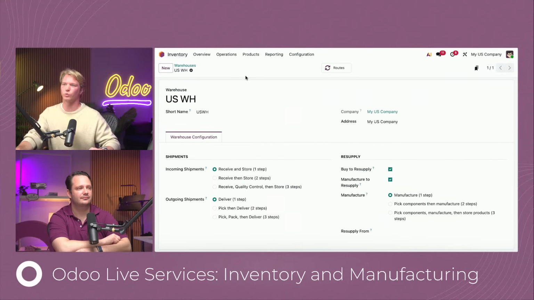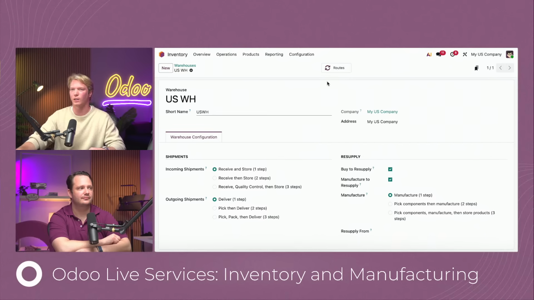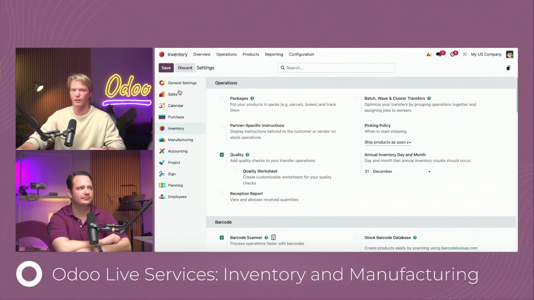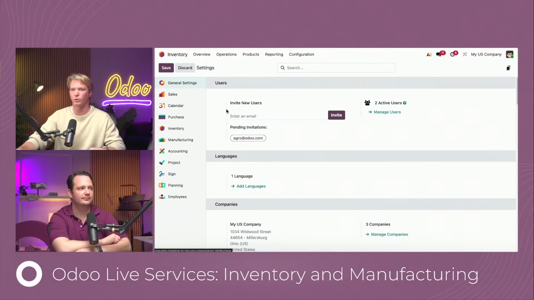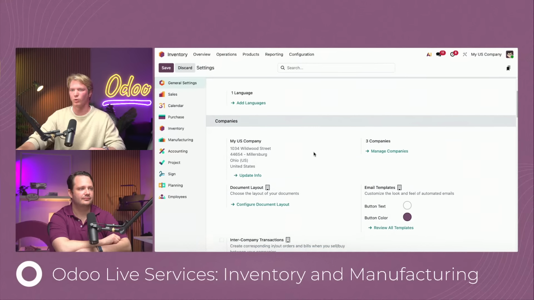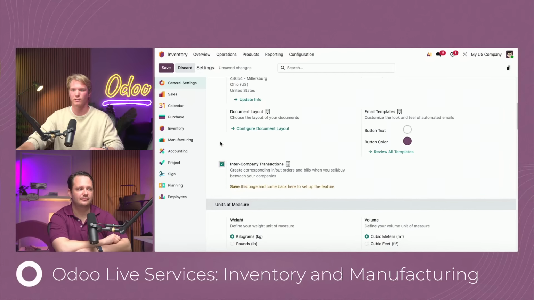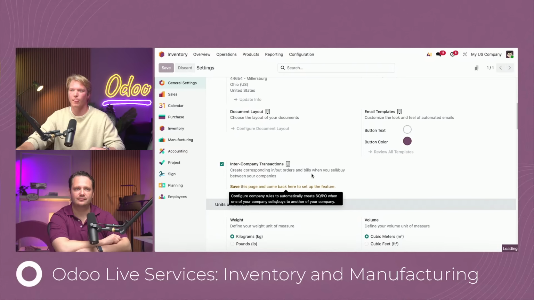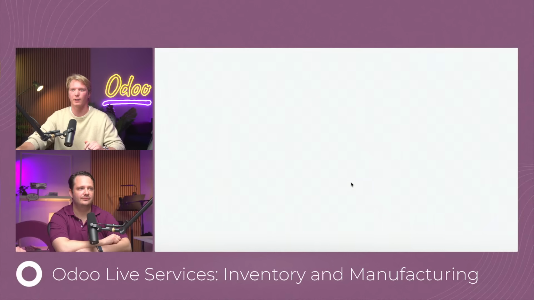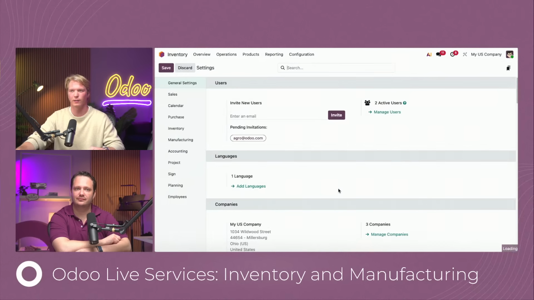I can save this. There's one other setting that I'd like to change to make sure that we have this set up and configured properly. So if we want to do multi-company changes as well, one thing that makes it really easy is to check off this intercompany transactions here. So I'm just going to save this and it's going to bring me back. And this will allow us to define the different companies and how we want to do this on the transfers